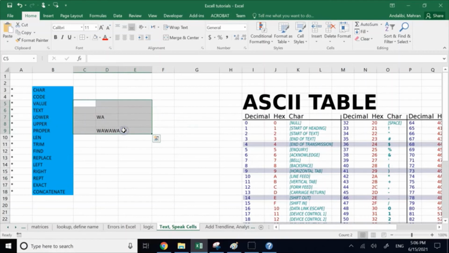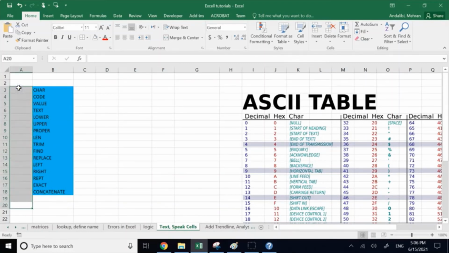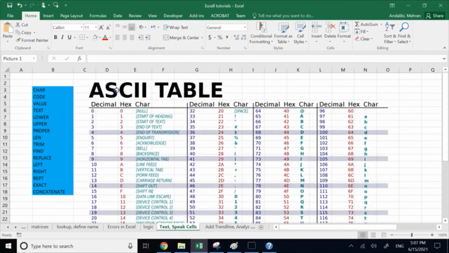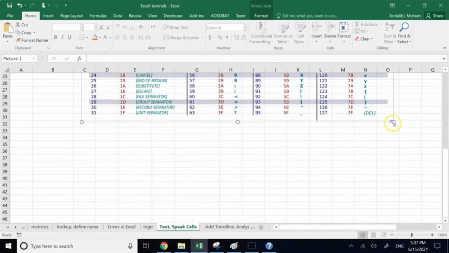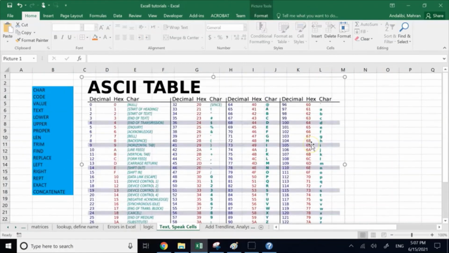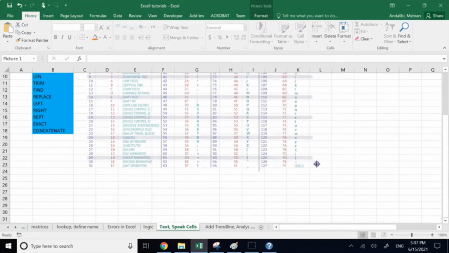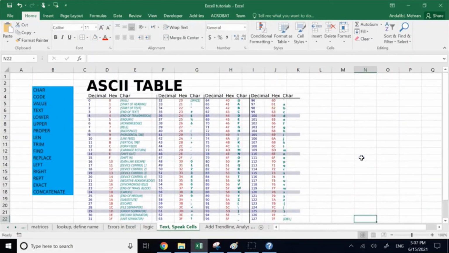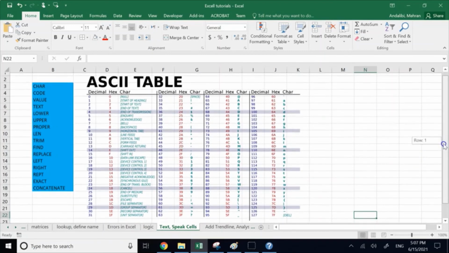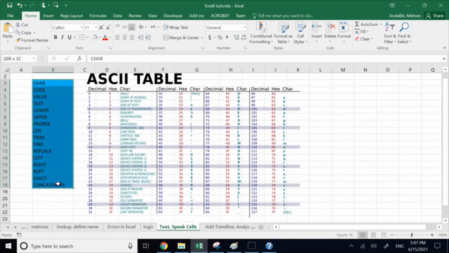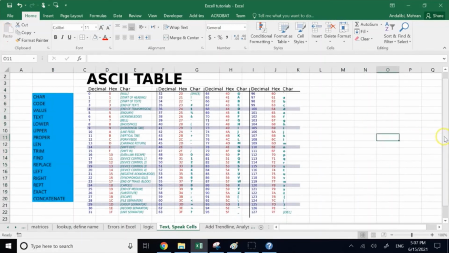Okay, so you see, we have a bunch of commands when dealing with text, and each one has its own application. We also learn about the ASCII table, which is the table converting characters of the keyboard to some equivalent number that the computer can understand. The only thing that I'm still trying to